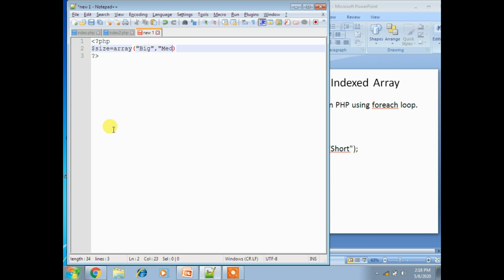and in the same way I can use medium, and then small. Okay, for small you can use whatever you are having. And then foreach. What's the variable you gave there? Size, right? Size as $s.